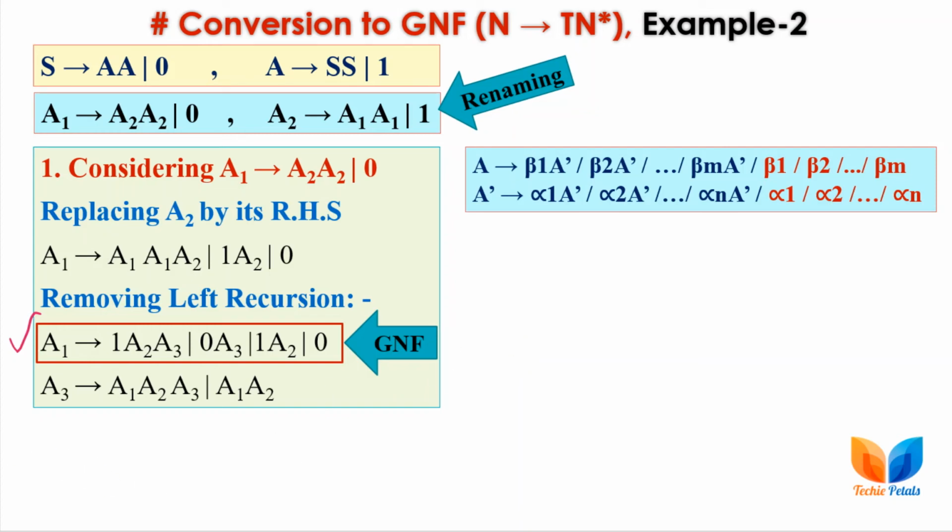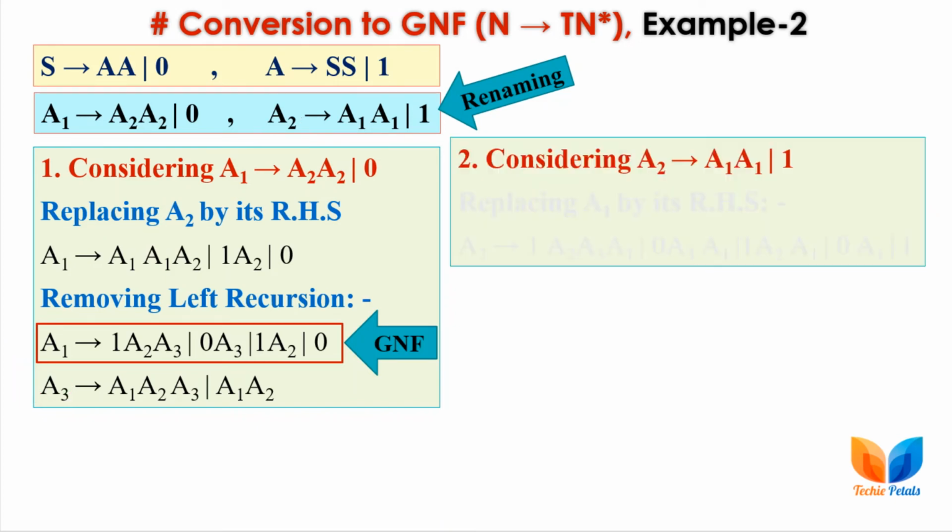Okay, so now we will be taking A3 later, but as we are working in sequence, we have to consider A2 now. So next, considering the A2 variable, corresponding to A2 these are the production rules, A1 and A1. As we have already discussed, A1 is the leftmost symbol here in the production rule. So just substituting A1 here. We are having 4 rules corresponding to A1, so the 4 rules corresponding to A1 are here.